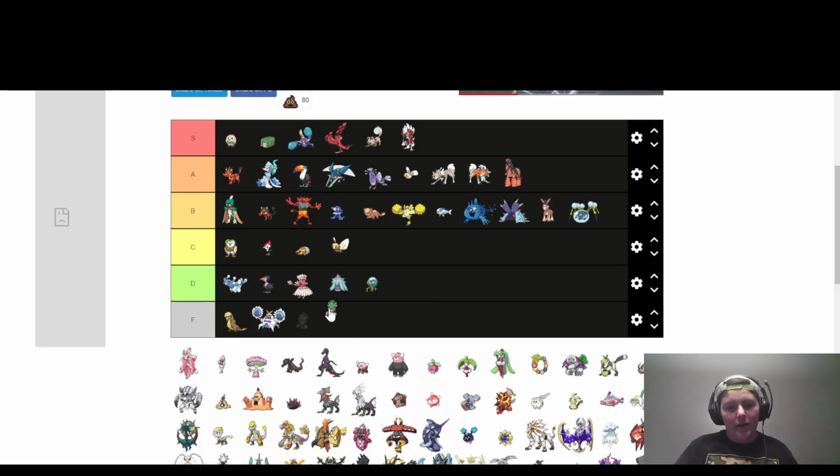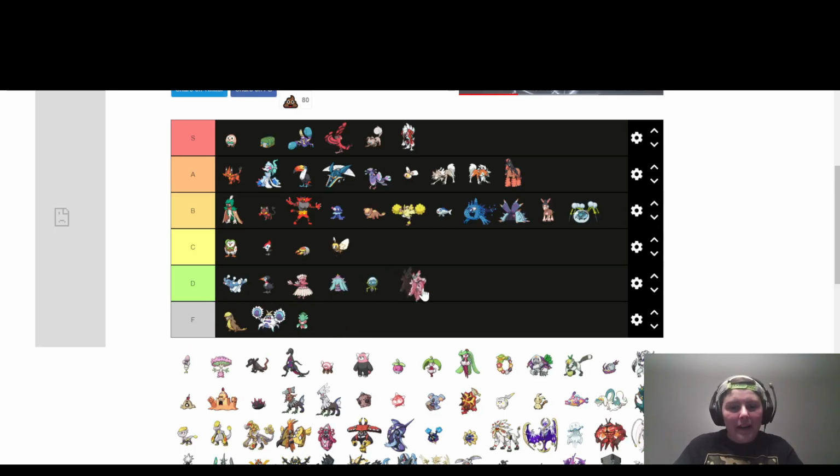I hate Fomantis, dude. What is this design? This is a what the fuck is this design kind of Pokemon. Like what's going on here? What is this? Lurantis, I'm gonna have to put it